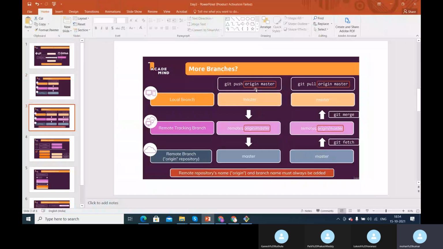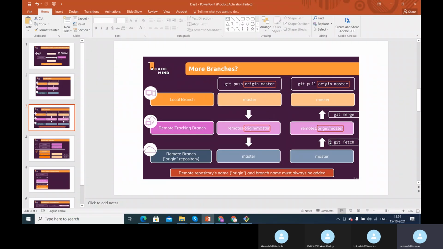So what we understood, the remote tracking branch is there. When you want to push the code, it goes to the remote tracking branch, and from the remote tracking branch, it comes to the master branch, right? That is what we understood, and that is what we have already seen as well. But even when you want to get the code from the remote repository to the local repository, it follows the same procedure. So whatever code is there on the remote repository will be placed onto the remote tracking branch, and from the remote tracking branch, it comes to the local branch. Okay, it's like vice versa.